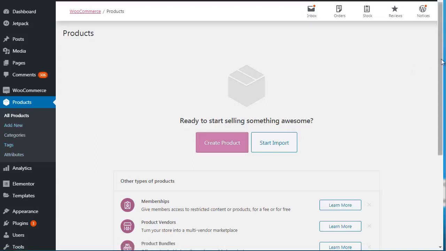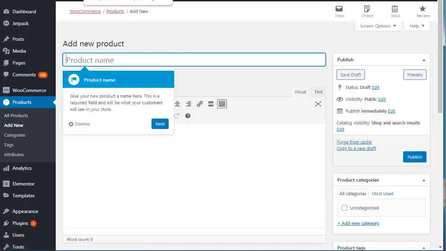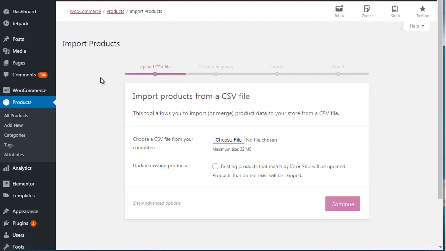So to create a product, there are 2 different ways. You can either import them by utilizing this. Let's say, for example, that you have 100 different products, and creating individual products over and over again is just going to take a lot of time. So to do that, you can either click create product or start import. I'm going to go ahead and click create product, but I also opened a different tab with the import products